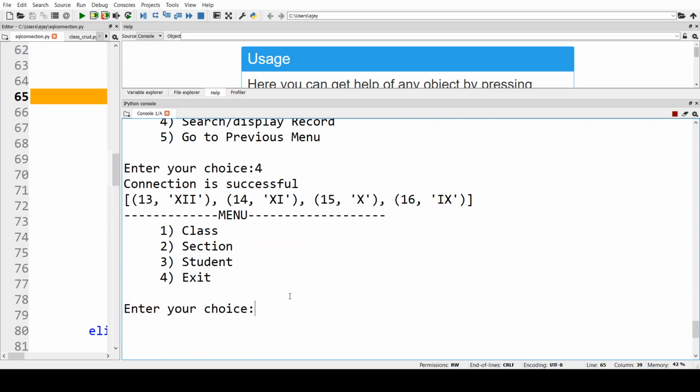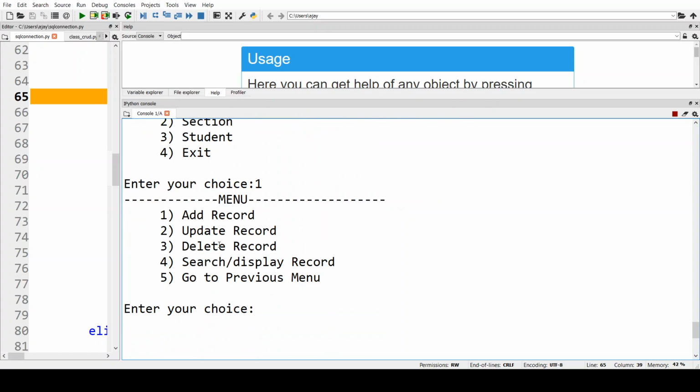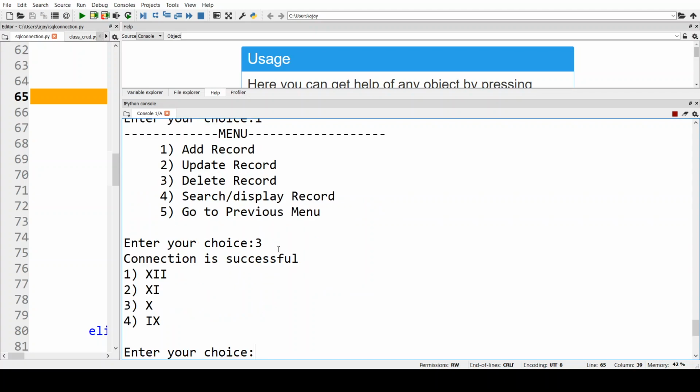Then I will choose the option class again, and then delete a record. Delete record also I did the coding in the same fashion. I'm going to show you the code also. So over here the classes are again going to get displayed in the form of a menu, and I want to delete class 9. So what is the choice? That is number 4, right? So the user will just enter number 4,